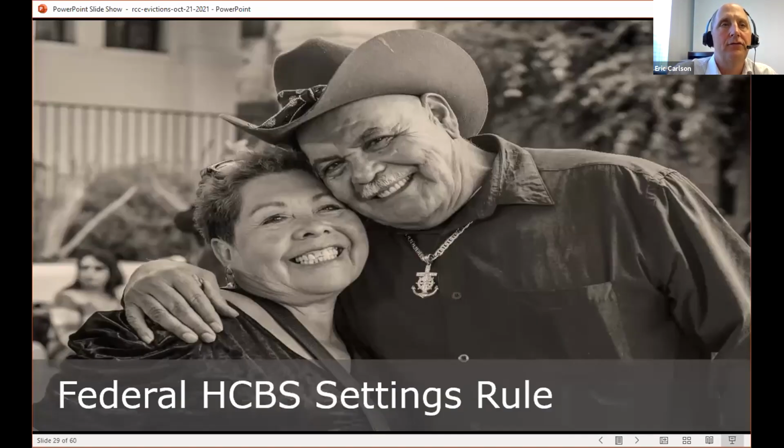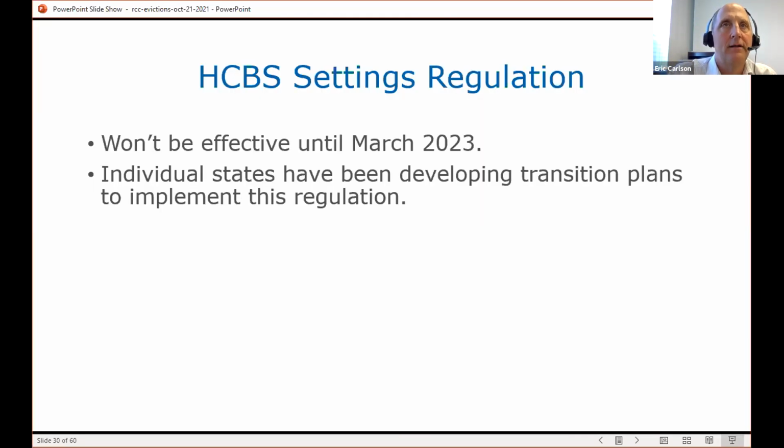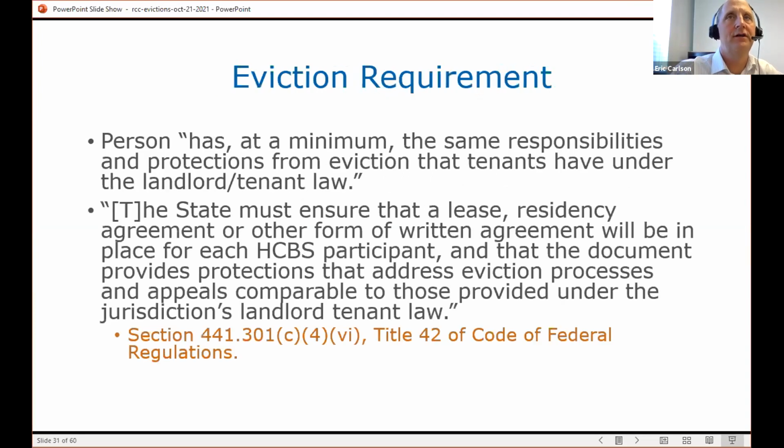And this will just very quickly talk about the HCBS settings regulation here. It won't be effective until March of 2023. And states have been developing transition plans. And when it is effective, next slide, please, the relevant provision is this one,